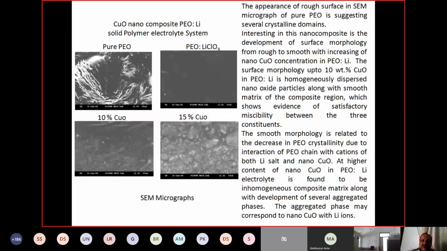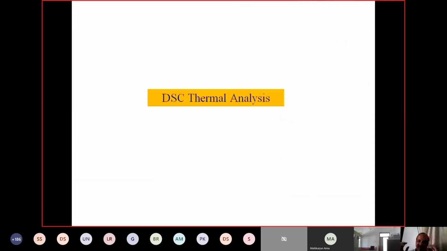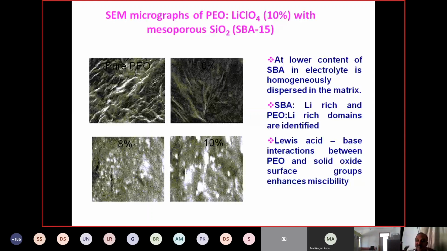You see here, for another material, where we doped another nanomaterial in this PEO LiClO4. Whenever we increase the content of nanoparticle, there is also a change in the internal structure of that polymer electrolyte. First of all, it decreases the crystalline nature and increases the amorphous nature, and at higher content, aggregation of nanoparticles takes place again. How that affects the crystal structure, we will also study.